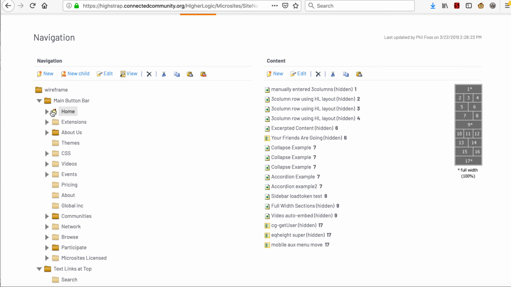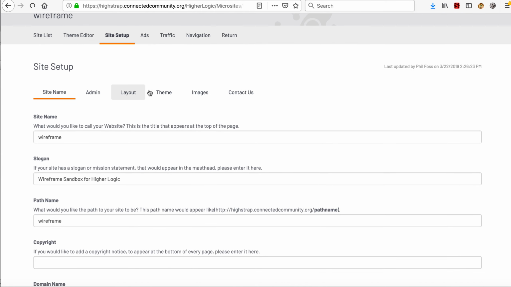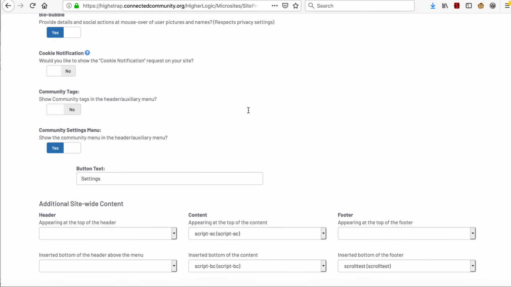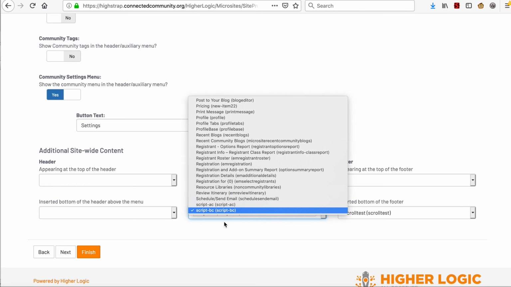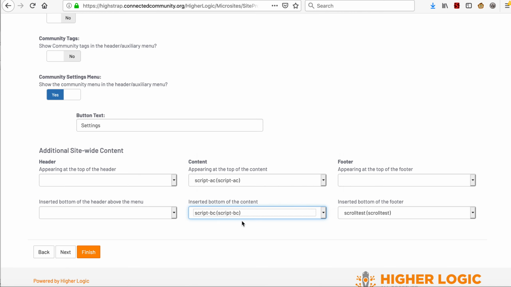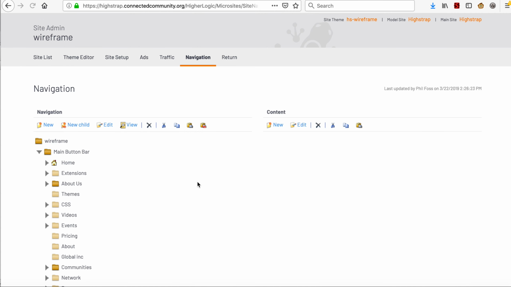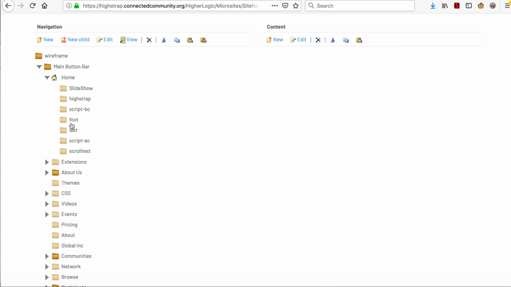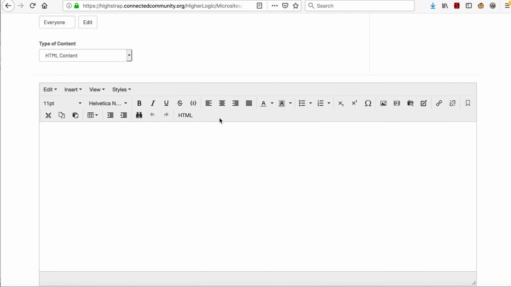And in this site, so let's see, in site setup, you're going to want the CMS tools to load at the bottom of the content in this area here. So I already have a page code set up for script BC, that stands for below content. So if I go to my navigation, BC, this is where I've added my hooks, my CMS tools, whatever I want to load below the content. And then just looking at this, the code you get,